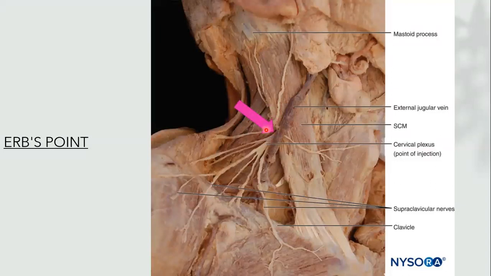That's the point you anesthetize. Okay. So that's Erb's point. You can see it is at the posterior border of the sternocleidomastoid muscle, actually the midpoint of the posterior border of this muscle. Okay,